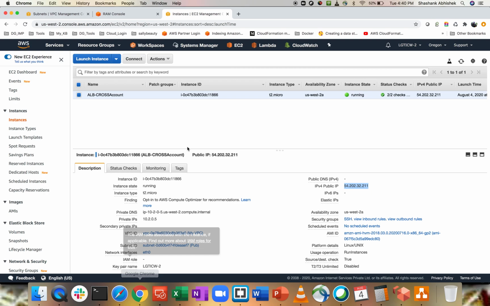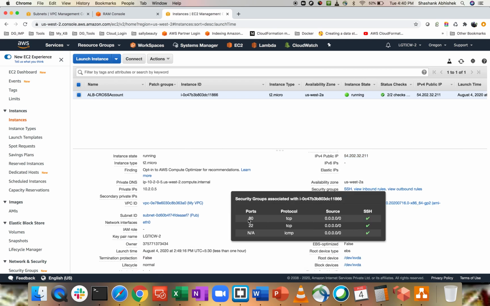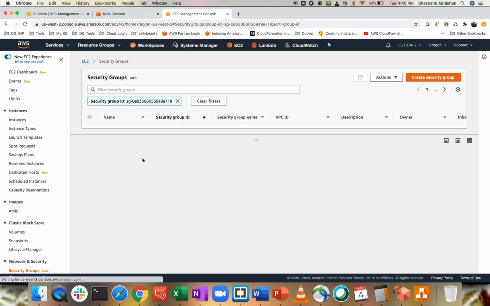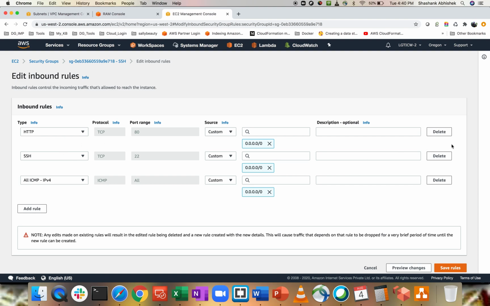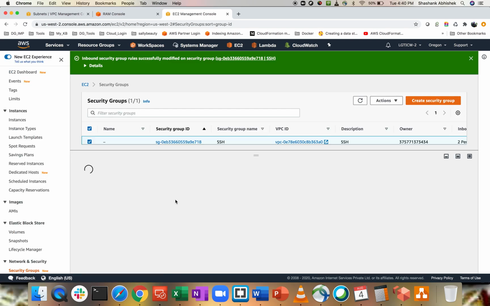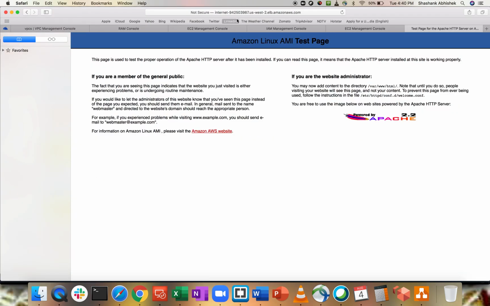Now, if I go to our instance security group, you can see 80 is open from all over the world. What if I remove 80 from all over the world? Will I be able to see the response? Probably not, because the instance is not listening on that particular port. So let's save this rule, hit the URL again.